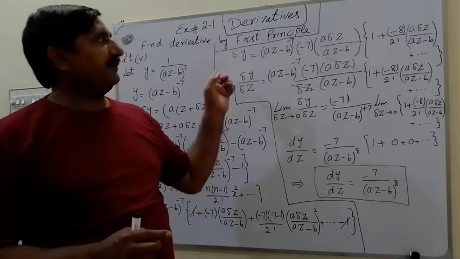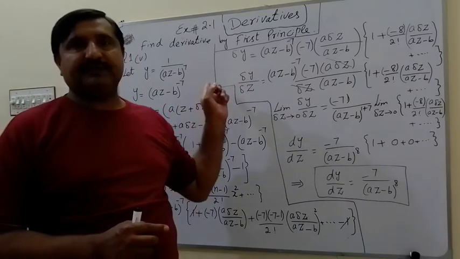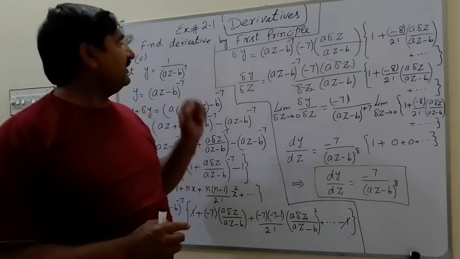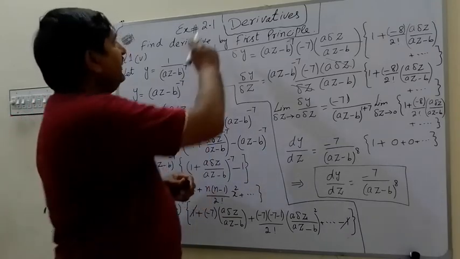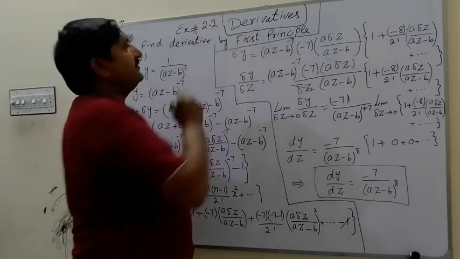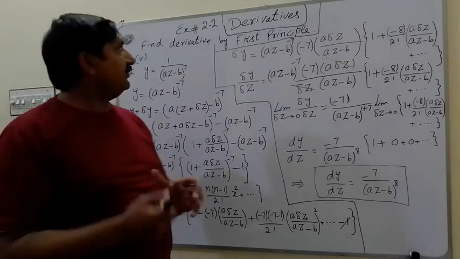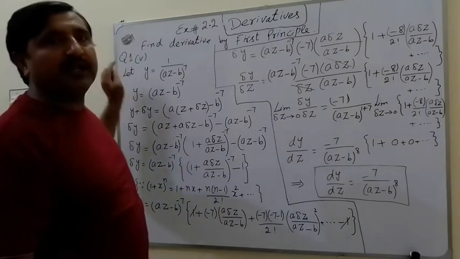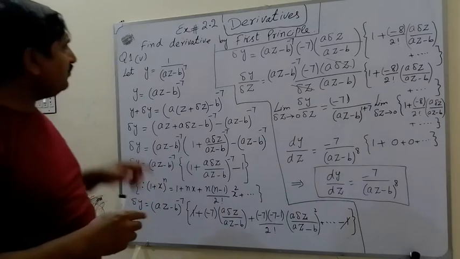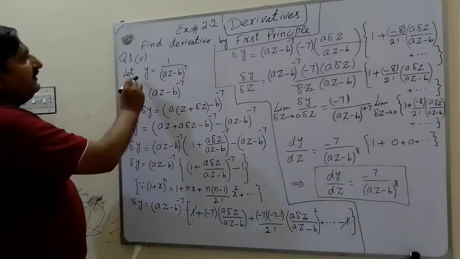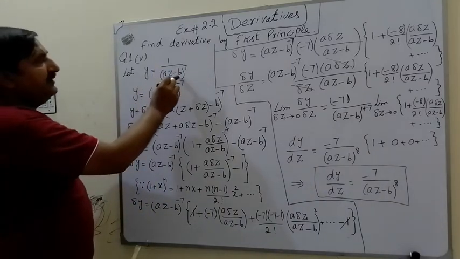Today, boys, our lecture is about the derivative by the first principle. This is our third lecture, exercise 2.2, and we are going to solve question number 1, part 5. Boys, in this question, look, we are given that y is equal to 1 over (az minus b) raised